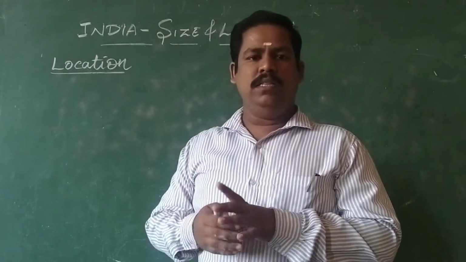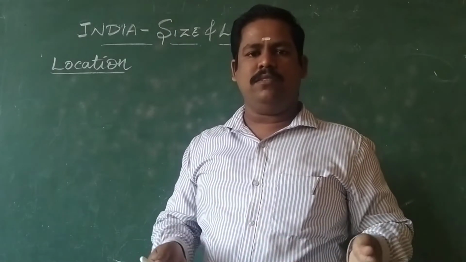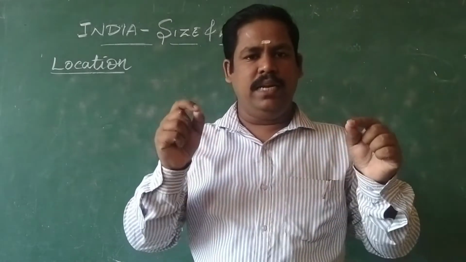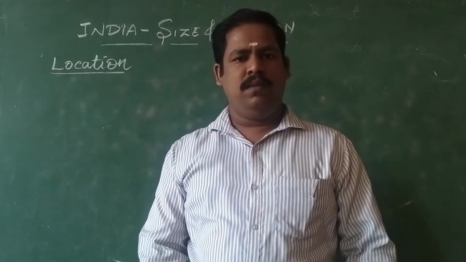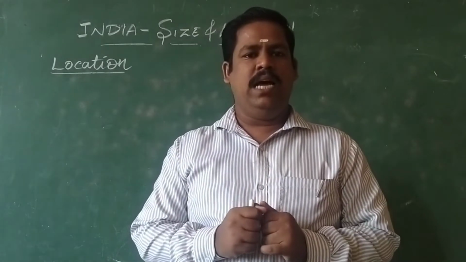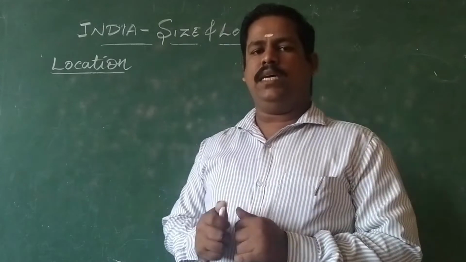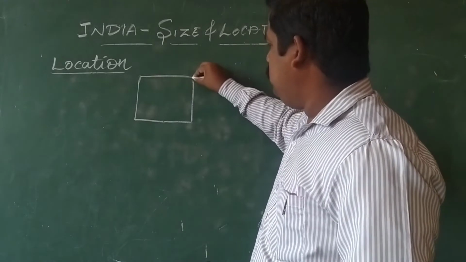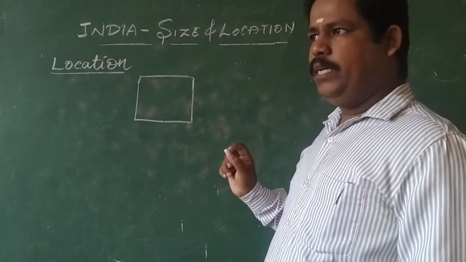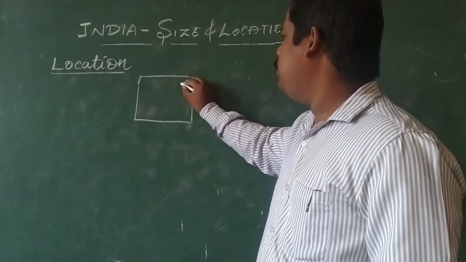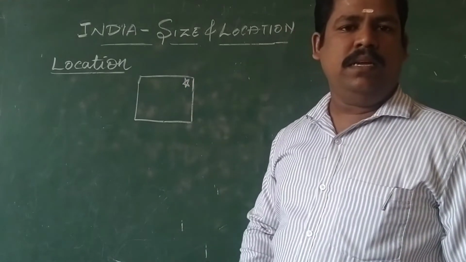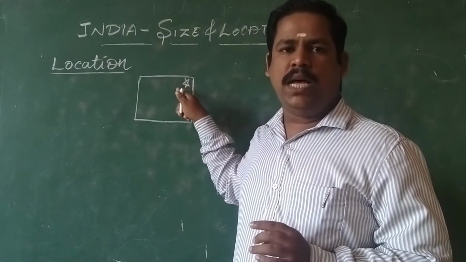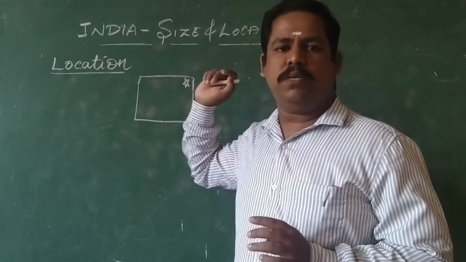Imagine Earth is a huge planet, and India is also a vast country on the earth. How can we tell exactly where India is located? It is a little bit difficult. I'll go through an example. I'm just drawing. Imagine this is a piece of paper. In this piece of paper, I'm drawing a star here. Could you please tell me the location of this star, or where this star is located in this particular piece of paper?